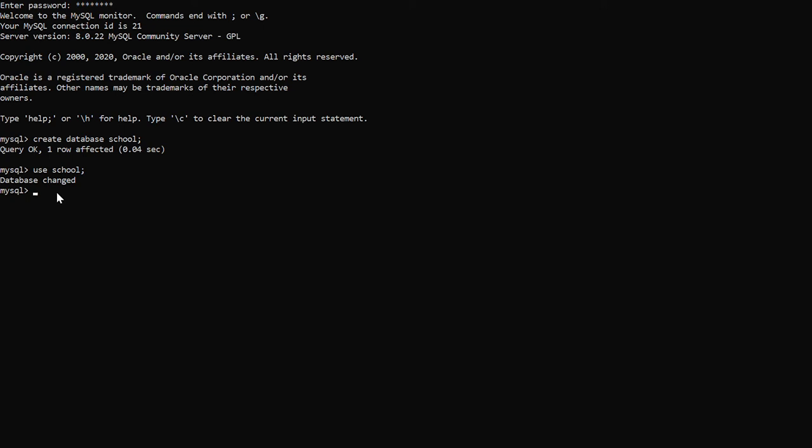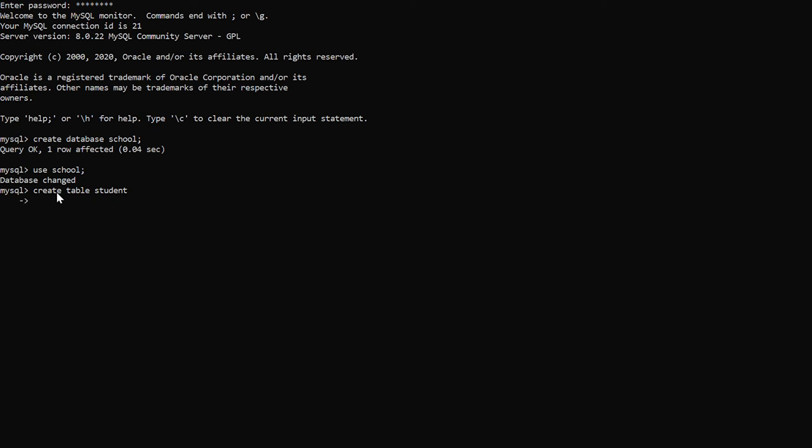So firstly, we are going to create a student table. In the student table, we are going to take the roll number of the students, the name of the students and the address of the students, right? So we are starting with the create command: create table student.